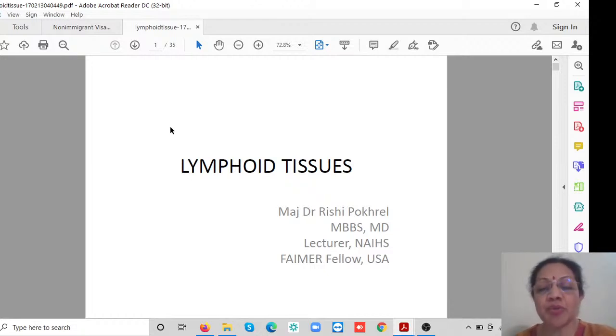I just wanted to show you the pictures, because so far I've shown you extremely high power photographs of the microscopic view to be able to explain the subcellular components in more detail, which anyway you'll get from your theory books. But I also want you to start getting an idea of what a slide actually looks like under hematoxylin and eosin stain. So I'll do that now with lymphoid tissue, and over the month of April, we'll look